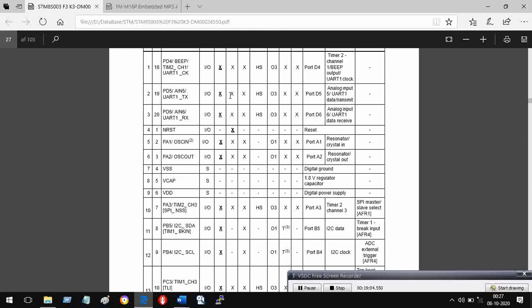So we will later on see what is the meaning of HS or O3, etc. Why X is underlined and it is bold. You will see all those things. There are various other methods of communication which are supported by this. It also supports 10-bit AD converter, but we are not going to use it. So nowadays the microcontrollers are so powerful and they support so many functions that pick up anything and you can build a really valuable, meaningful device.